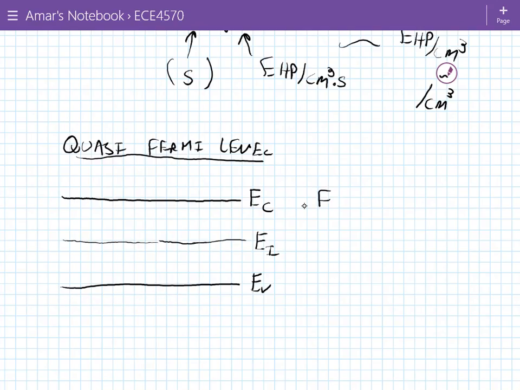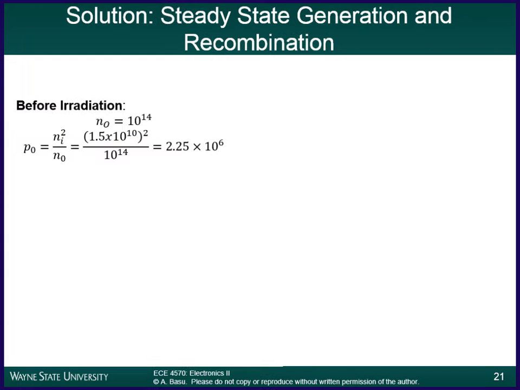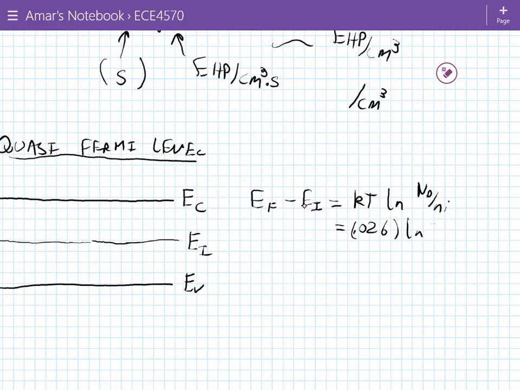EF minus Ei equals kT ln of ND over ni, 0.026 times the natural log of 10 to the 14th, divided by 1.5 times 10 to the power of 10. And this comes out to,